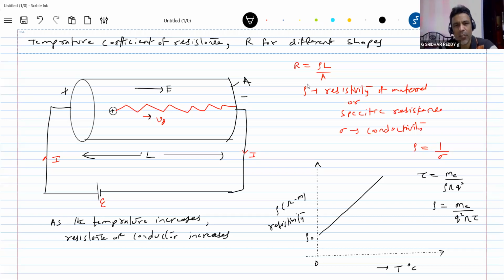This is what happens here. As you increase the temperature, what will happen to the electrons? The atoms start vibrating more rigorously about their mean positions. Due to their more rigorous vibration, the electrons encounter more collisions. The zigzag path will further increase, and more collisions will occur. More collisions means nothing but more resistance offered by the material to the flow of charge. So in this way the resistance will increase. That is what we are showing by practical proof.